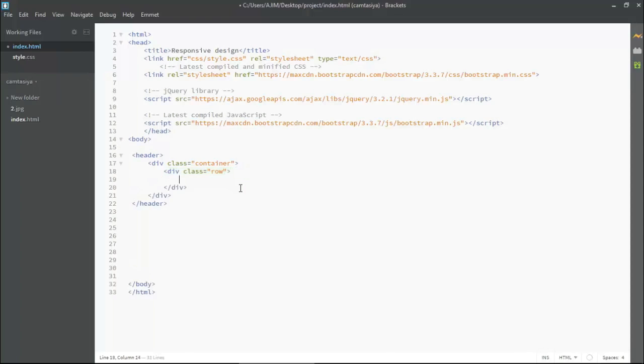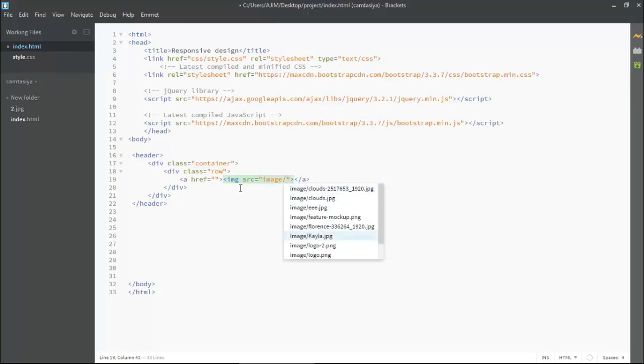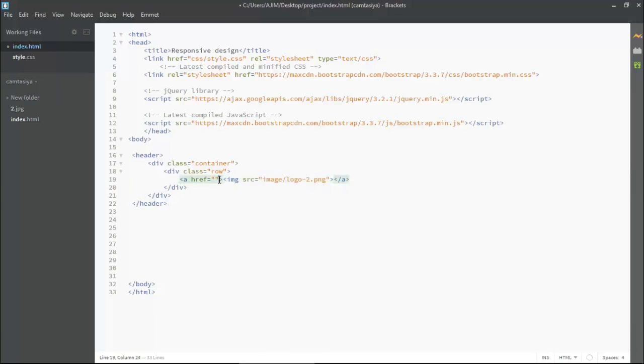Now I am coming inside this row and putting a logo. For putting a logo, firstly I'll put an anchor tag with href. Inside this I am putting my logo. My logo is basically in PNG format. So I am putting an image source, because an image is put just by mentioning the image source. Now I am locating my image folder. My image is available inside the image folder and the image name is logo2, which is showing up right here. Now I am giving a class to it, like logo. I will design this class by coming inside the style.css, but for now I am just giving a class to it.